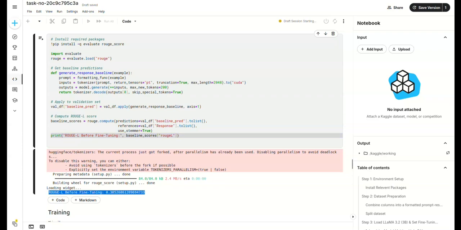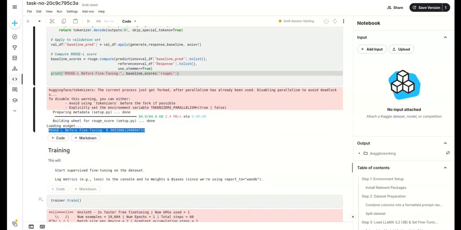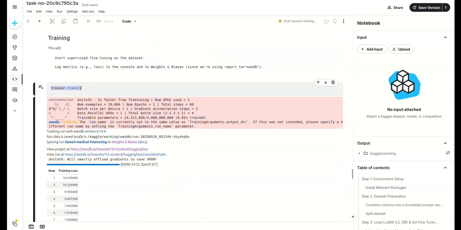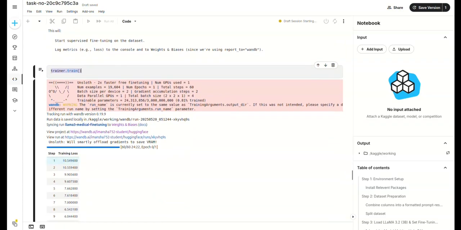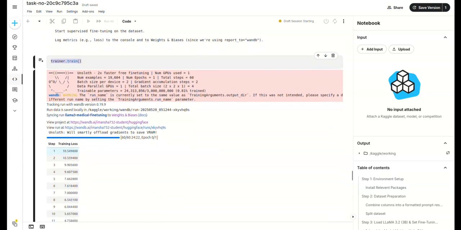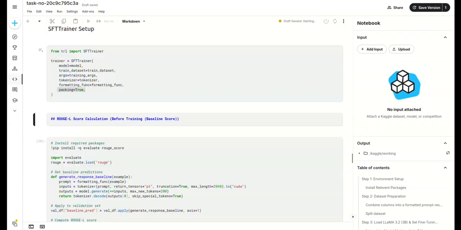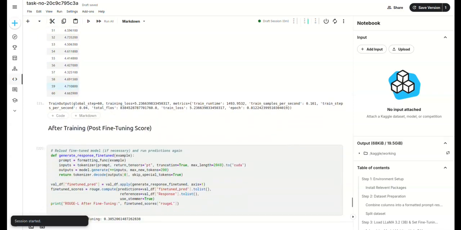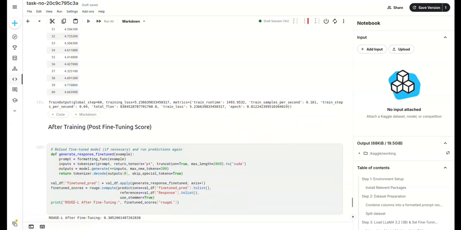the post-training score. We begin the actual fine-tuning process by calling trainer.train. This will train the model for the number of steps or epochs we specified in the training arguments. In our case, this includes 60 steps, a batch size of 2 with gradient accumulation, and a cosine learning rate schedule. It may take several minutes depending on your hardware, but this is where the model starts learning from our dataset's reasoning patterns and the answer.